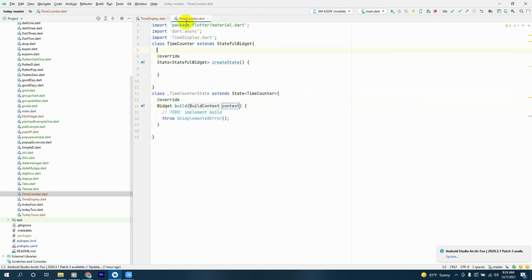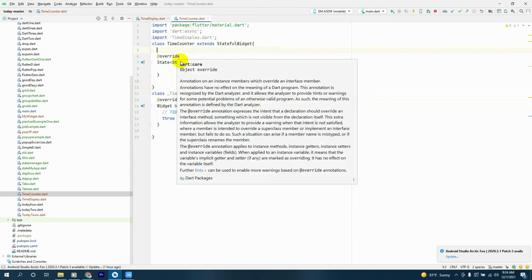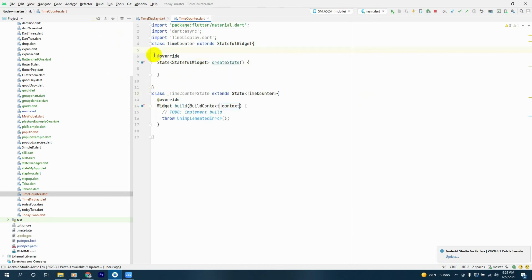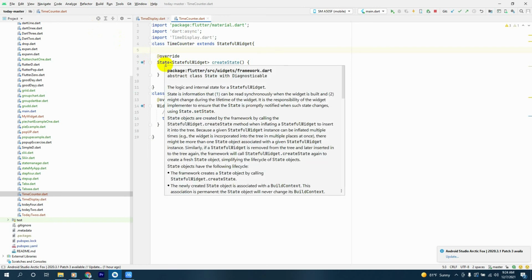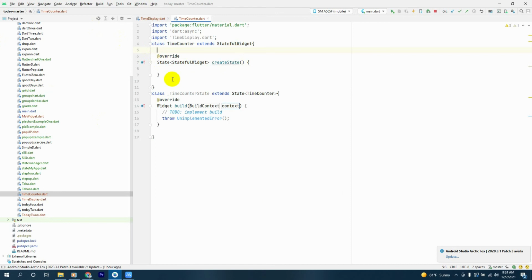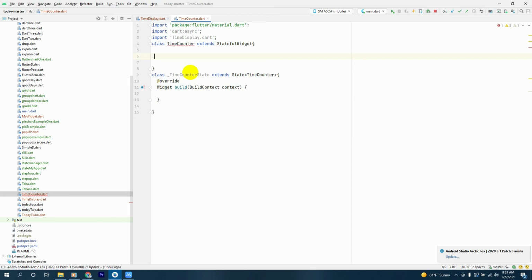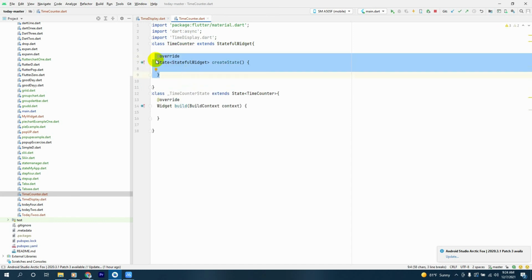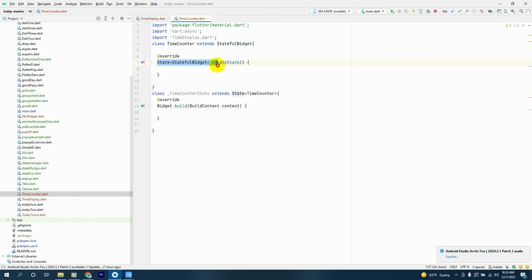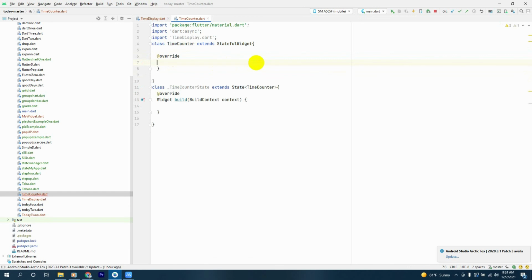And in here, inside the time counter, we'll remove this from here, and here we'll remove this, and we'll remove that override, we'll have that override, and remove this,